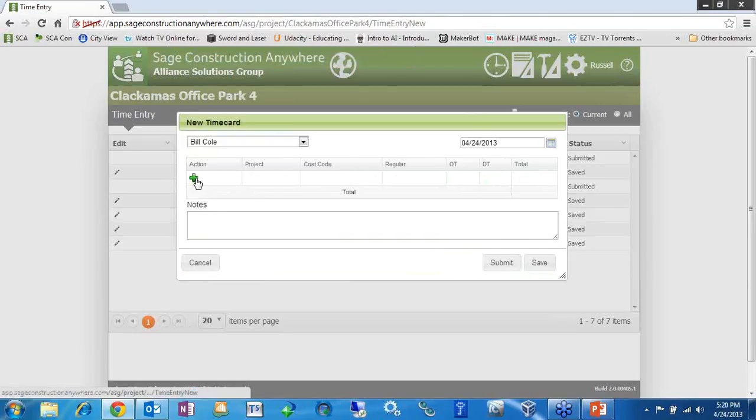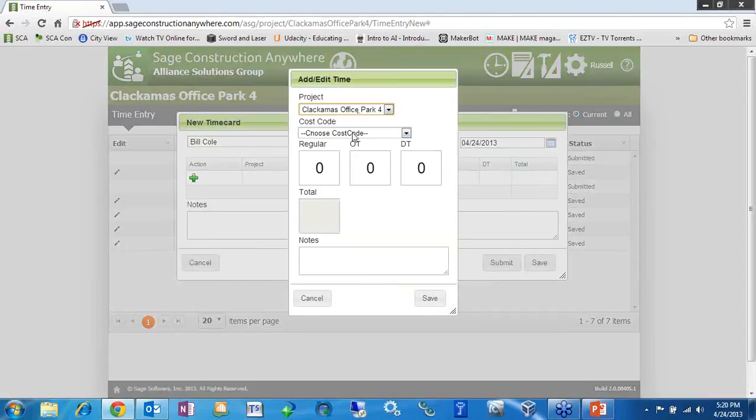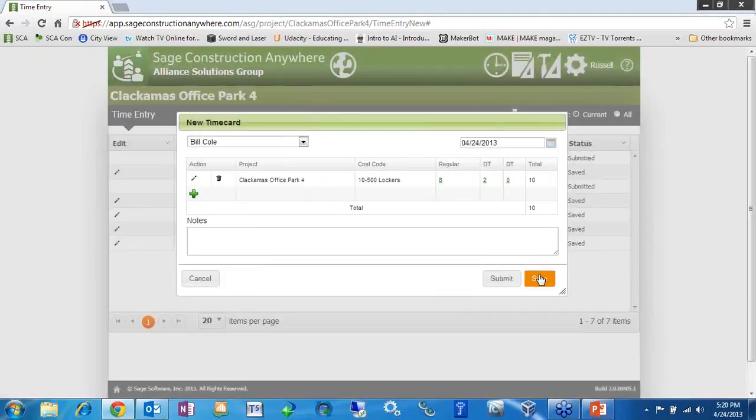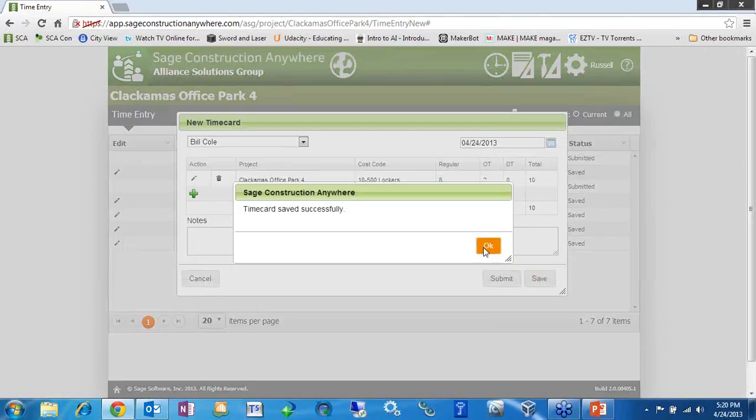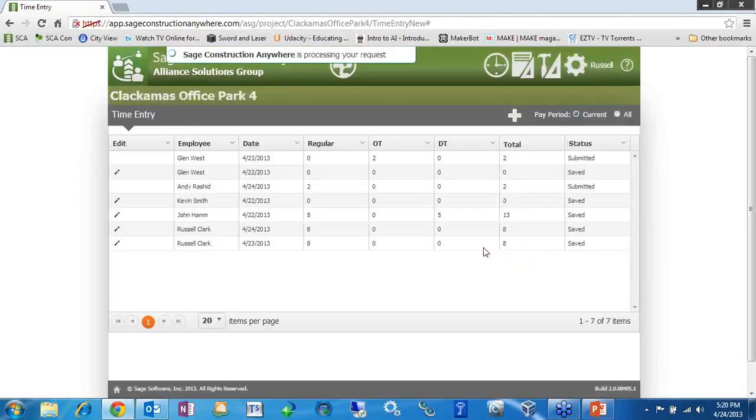And Clackamas Office Park. The cost is, let's give him some overtime. Okay. And then save. And again, once you've keyed your time in for yourself and/or others, you also have